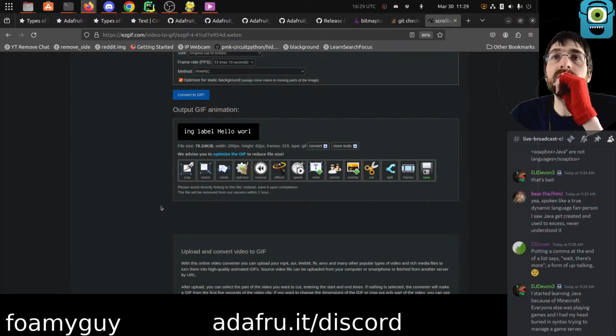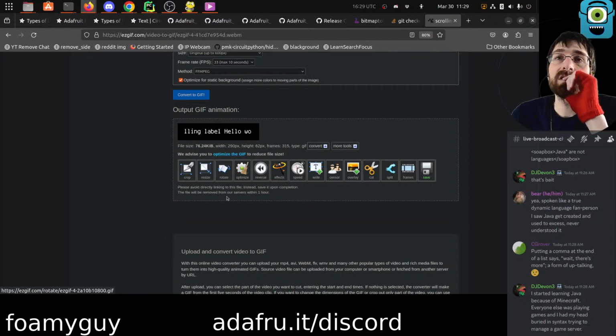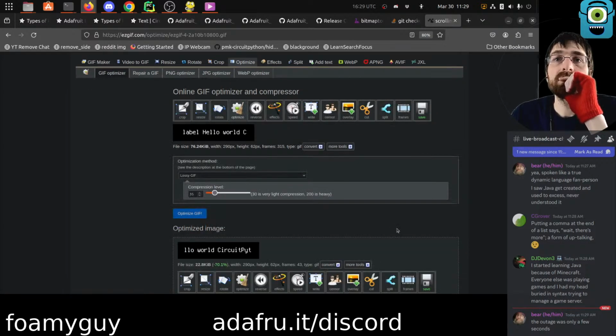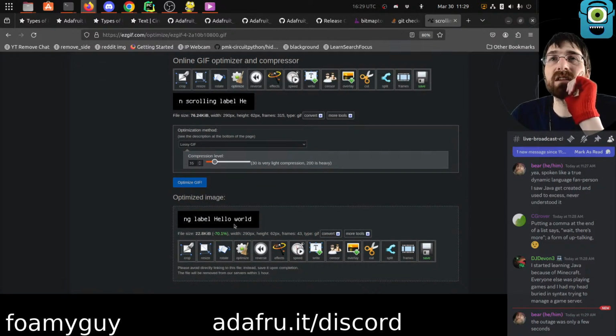Do we want to do anything else here? Size, I mean, there's optimize. We already did, I mean, this, it doesn't say optimize though, okay. Wow, that got it down to only 22K. It basically looks the same to my eye. If anything, maybe the white is a little closer to gray than white, but it's maybe a tad